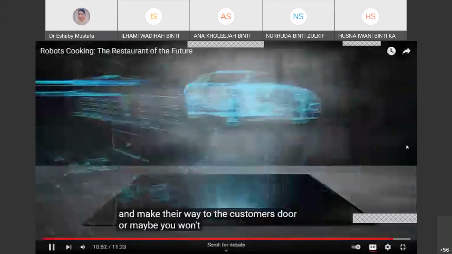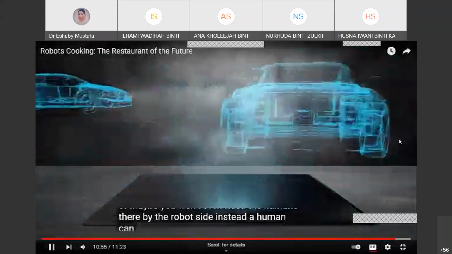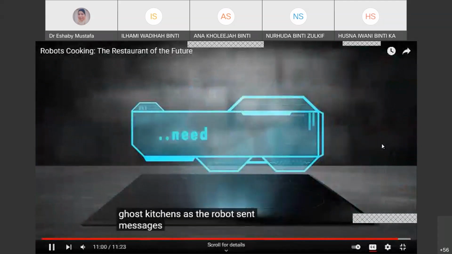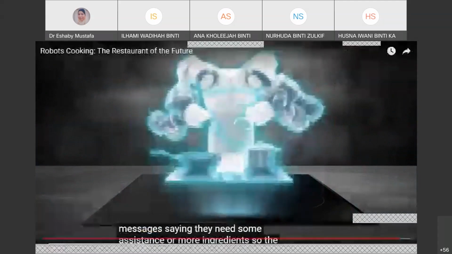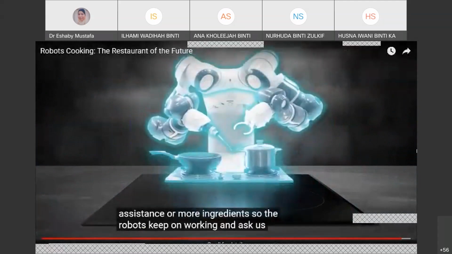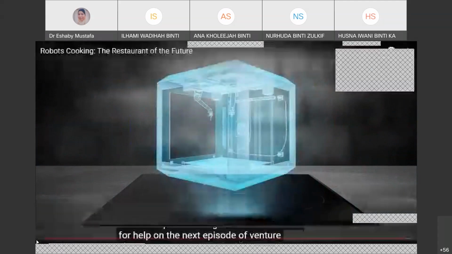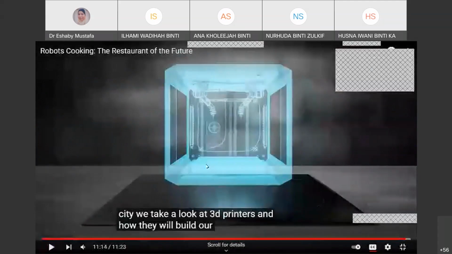Or maybe you won't even need the human there by the robot side. Instead, a human can travel around the city to different ghost kitchens, as the robots send messages saying they need some assistance or more ingredients. So the robots keep on working and ask us humans for help. On the next episode of Venture City, we take a look at 3D printers and how they will build our